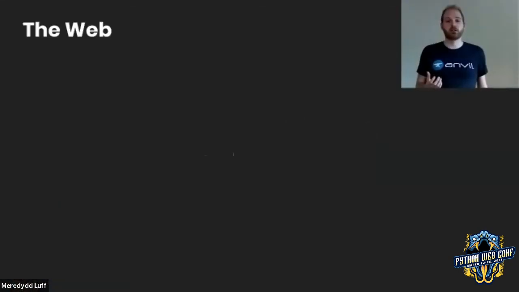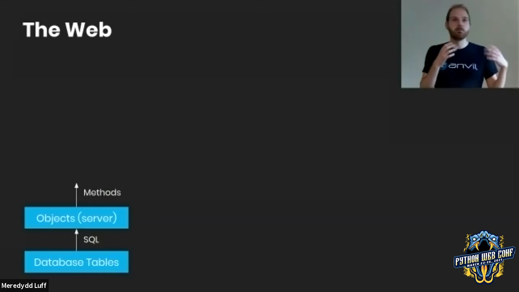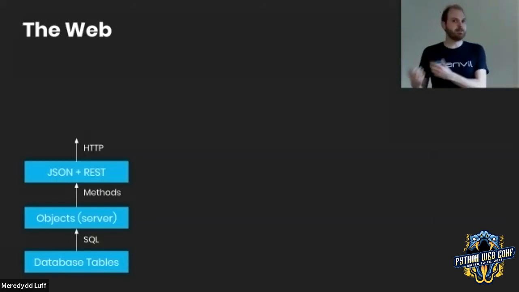If we look at a web application from the perspective of our data, our data will probably start out as rows in an SQL database, accessed by the SQL language. But of course, the first thing we're going to do with it is turn it into Python objects, which are accessed by methods and attributes that we've defined. We will then immediately turn around and render those objects as JSON on HTTP endpoints accessed by this weirdly limited set of verbs like get, post, put, delete.